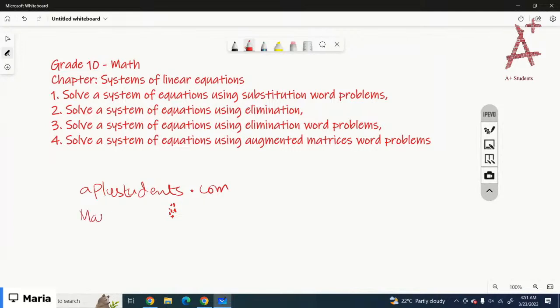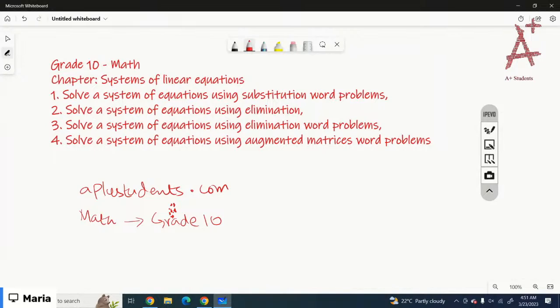Then you have to select math from the subject tab, scroll down to grade 10, and then click on your lessons. There you can find a list of the chapters. We're going to start with the chapter systems of linear equations, and the lessons we're going to cover today are